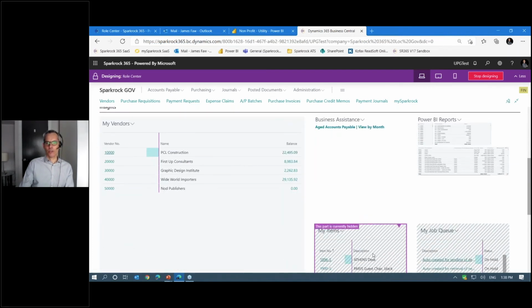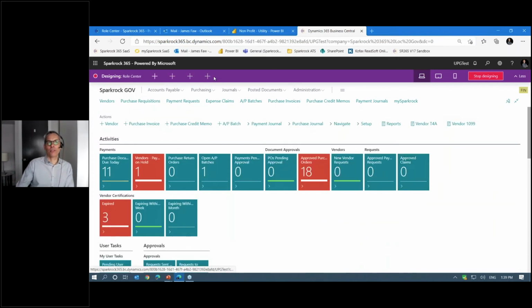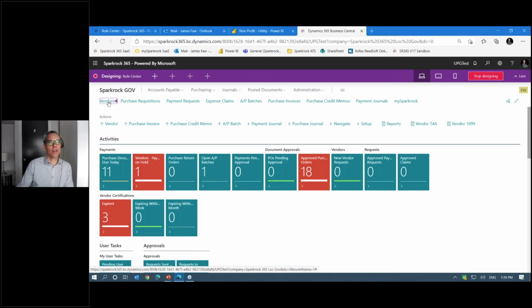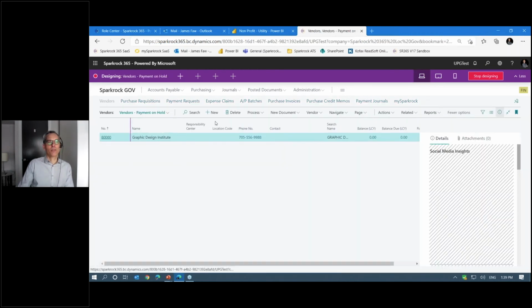I can move these charts around, or look at my job queues and hide those, or show those if they were hidden, and make those kinds of changes to the pages. It's very, very easy for users to modify any fields that show up on anything. So if you have a vendor list or vendor card, and you want to modify the pages that are there, I can easily modify the columns that are shown here.